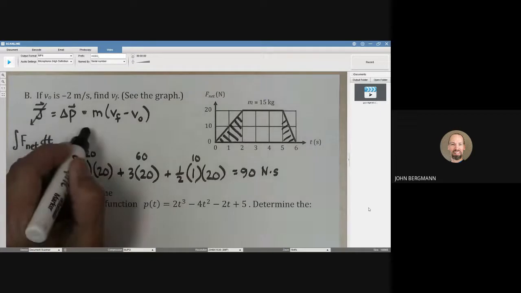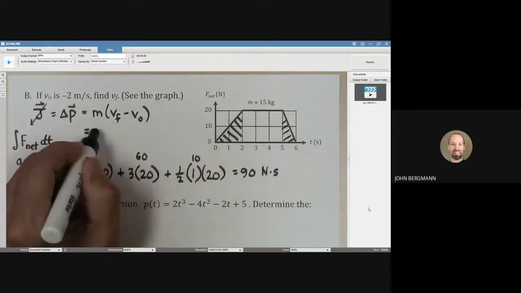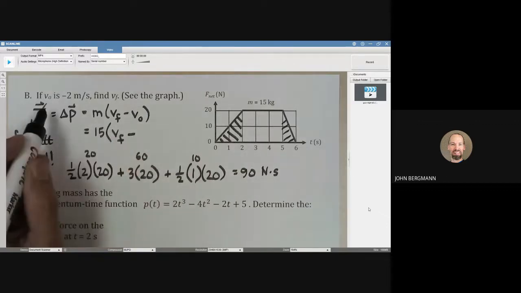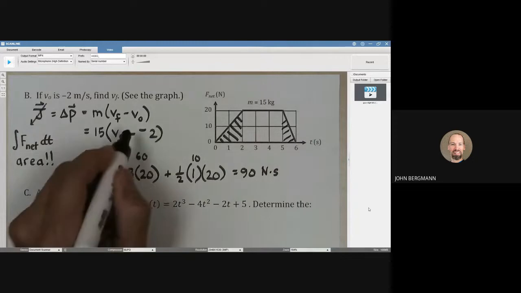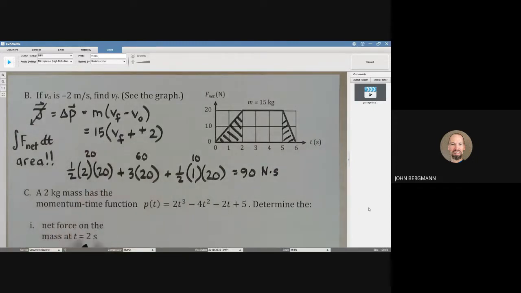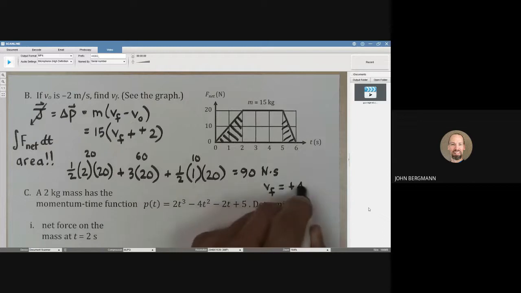What's on the right side? The right side is the mass, which according to right above the graph is 15, and then V final minus, be careful, V initial. So in effect, we end up with VF plus 2 here. So can we do that? 90 divided by 15 is 6, and then subtract 2, I'm thinking positive 4. You check and make sure on that one, but I think that VF is going to be positive 4 meters